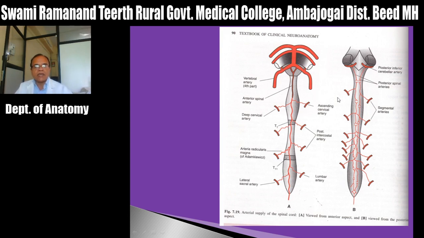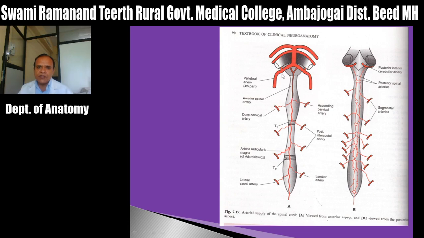Now what is the blood supply of the spinal cord? Now see, this is the anterior view of the spinal cord. Focus here. This is a vertebral artery and this is another vertebral artery. The right and left vertebral arteries join together and form the basilar artery. These are the various pontine and posterior cerebral arteries. We will see the blood supply of the brain in detail, but here, in order to understand, the spinal cord is supplied by the anterior spinal artery.